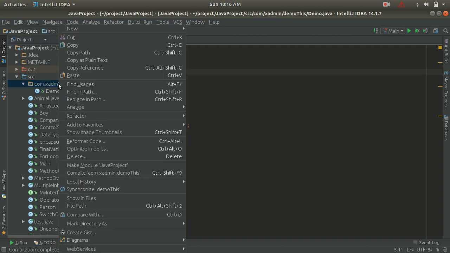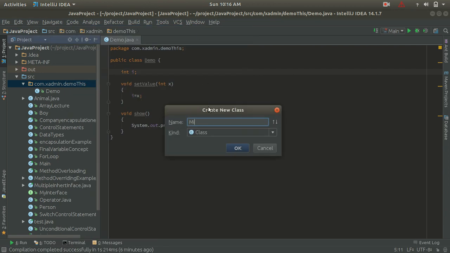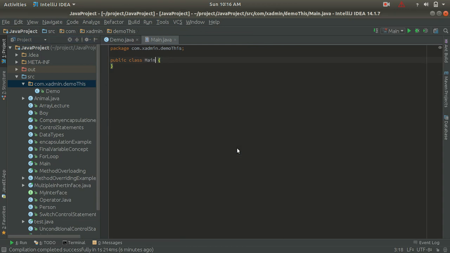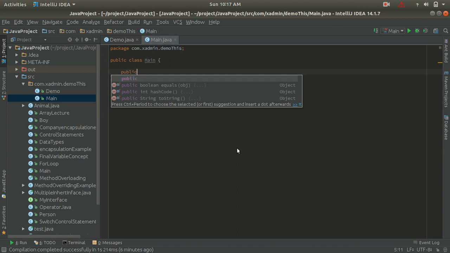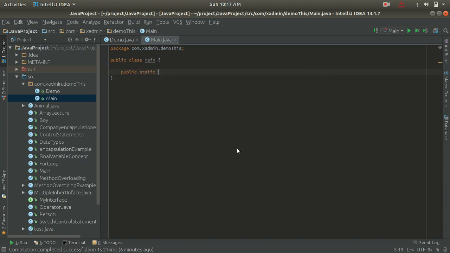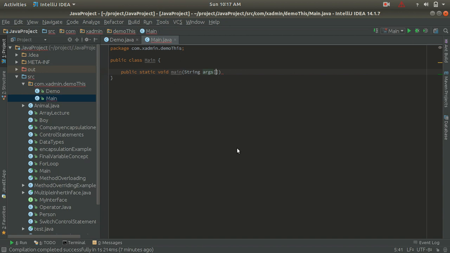This will be the main class where I will put a main method: public static void main, and let's give the args inside this.